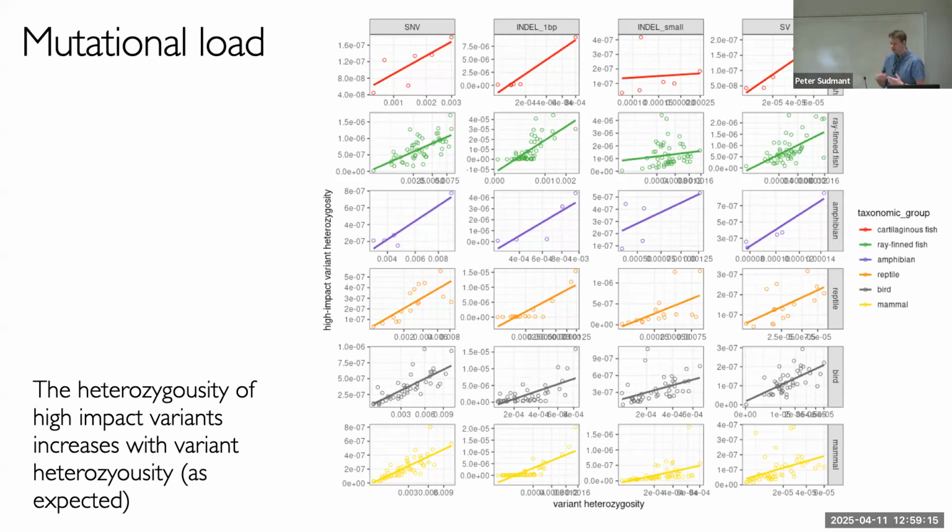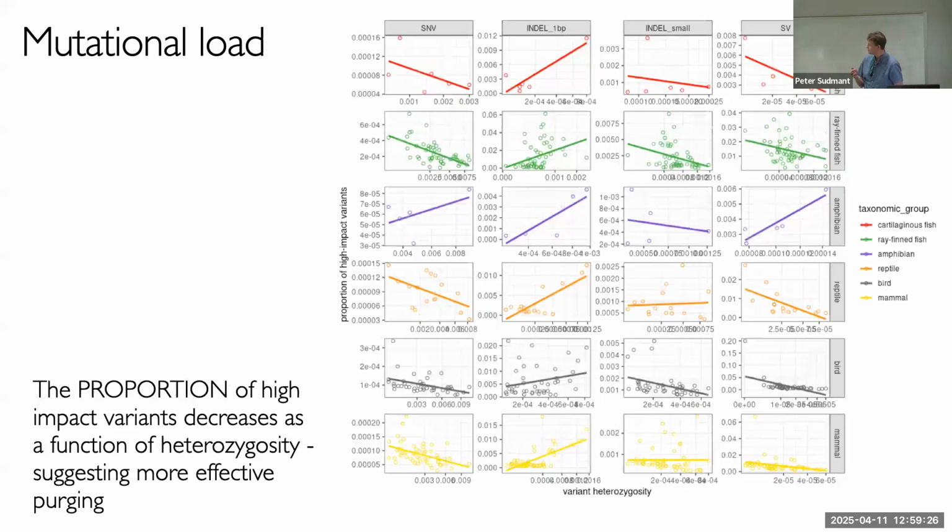They just have more. But what we can then do is look at the proportion of those as a function of all variants of significance, all variants that have impact. So this is the proportion of high impact variants out of all variants that impact things. And this actually declines with heterozygosity. And so what that says is that there are more deleterious variants overall in these big populations like the fish, but the bigger the population, the better they are at being able to purge these things, right? But there doesn't really seem to be a difference in any of these between structural variants and SNPs. Yeah.